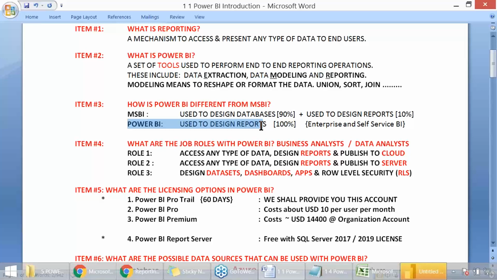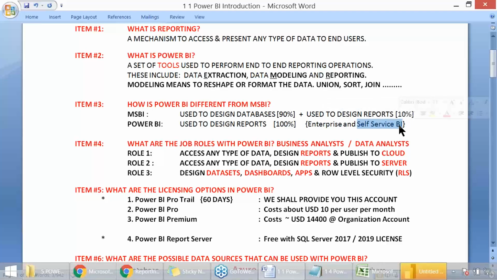Two different flavors of reports in Power BI. Enterprise reports: customers order the report, saying it should look something like this. They'll give a screenshot of their competitor's website screen and we need to generate the report based on that. Or the customer may give some natural language expression saying this is my requirement, you try to generate a report and get back to me. I'll check and give you my suggestions, feedback or additional improvements if required. That is enterprise.